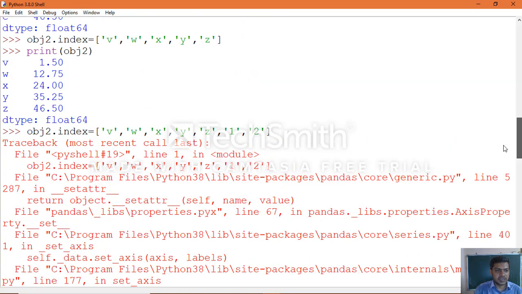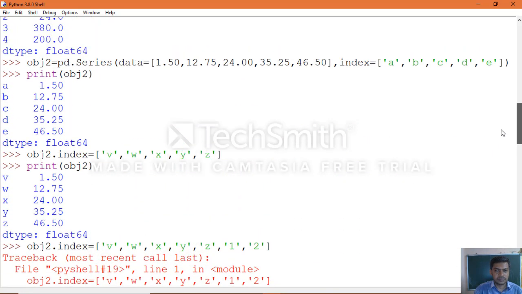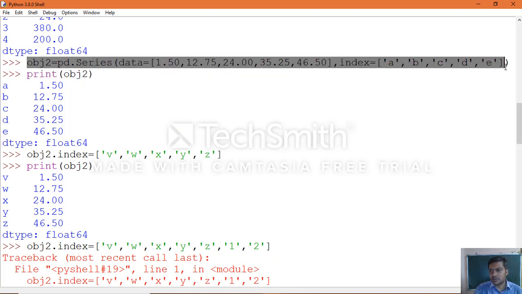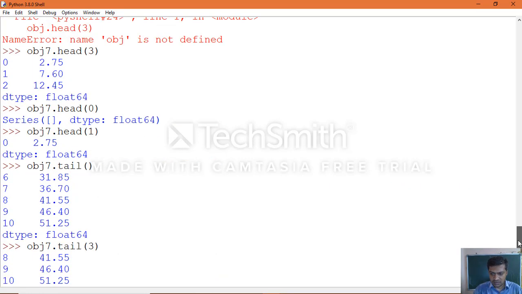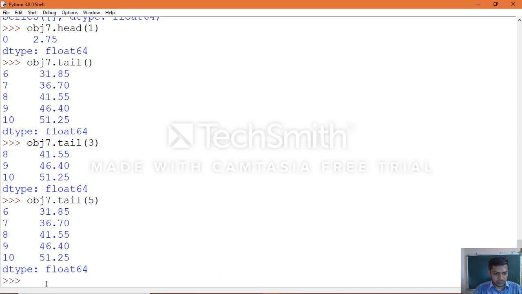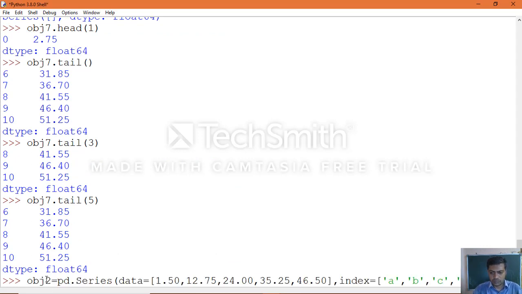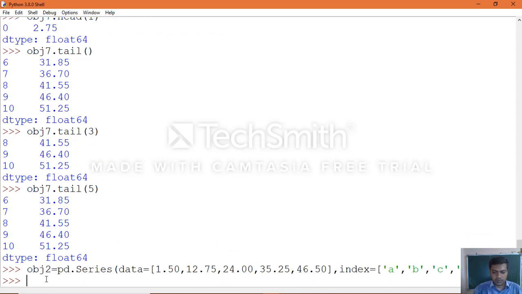We'll take object 2, the basic data we created earlier.